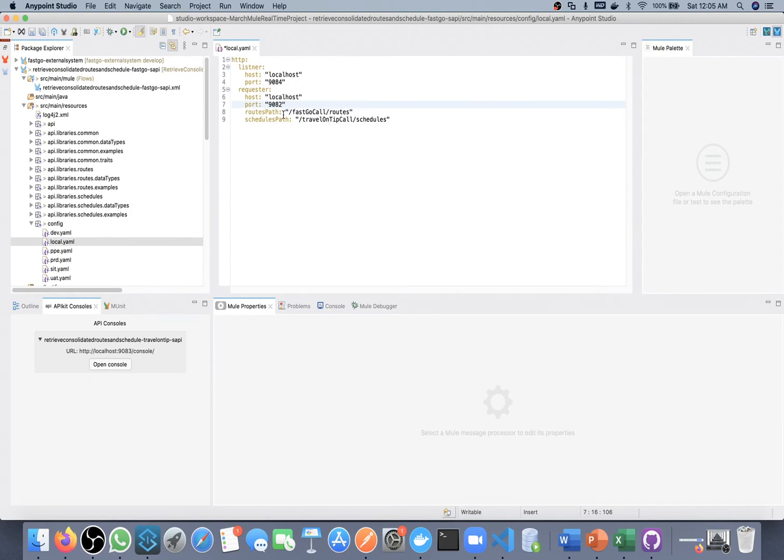This one is the requester configuration, meaning to call that fastgo external system, what all details we need to pass. Host will be localhost, port will be 9082, since the listener of fastgo is using 9082 port. If I want to call that API, I need to call the port of that listener. And this will be fastgo route, and this will be fastgo schedule. Okay, same thing I will copy paste